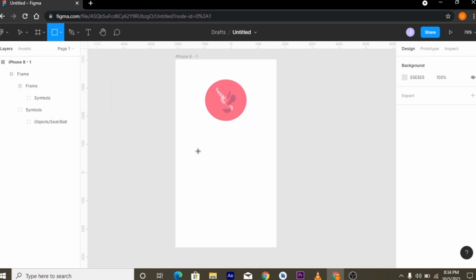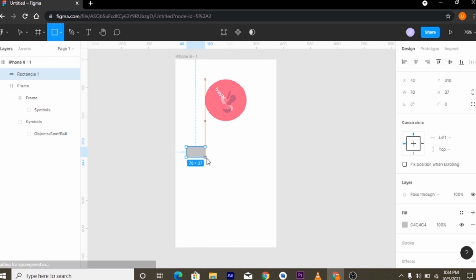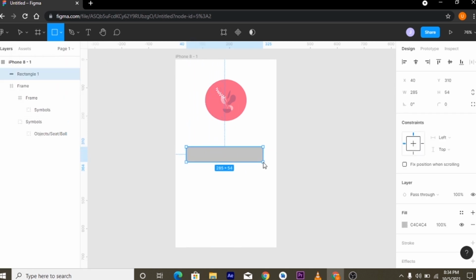Making use of the rectangle. To pick the rectangle, you just click there and then come here and draw it exactly where you want it to be. I think here is okay. So you drop it down here. And then looking at the edge, we have to finish the edge. So to work on the edge,